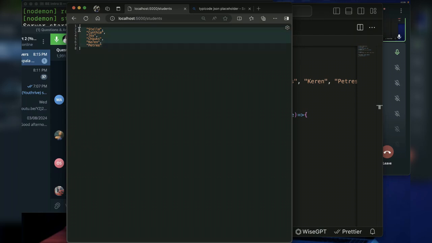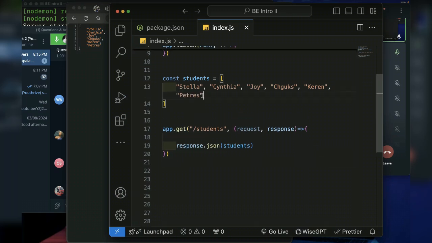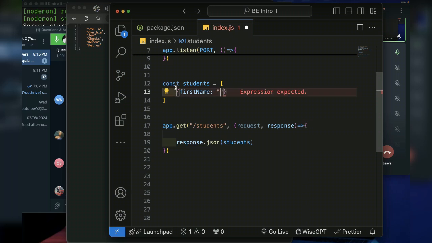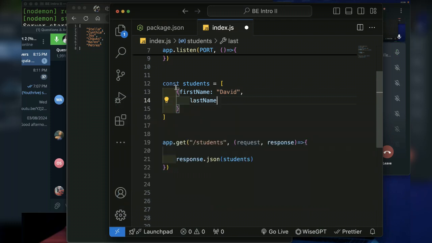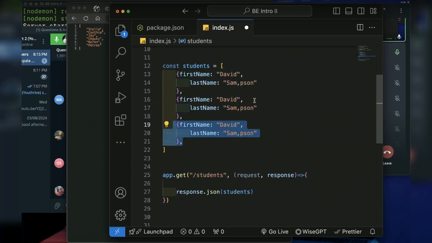This array, you can modify it to be something different. It may be an array of objects if you want. You can modify it more. David, and then last name, Samson. And you can then have this to be more than one, duplicate it like this, and then save. So in this case now, if there is a GET request,